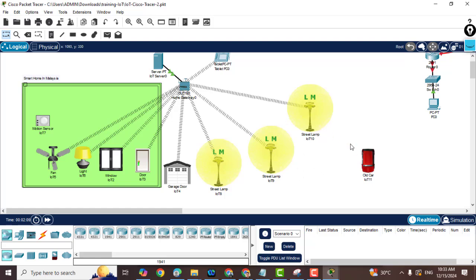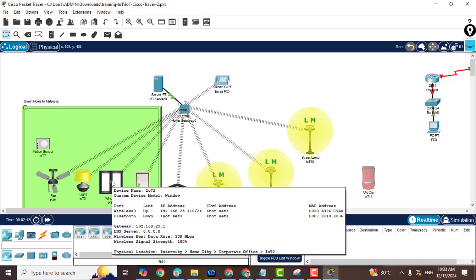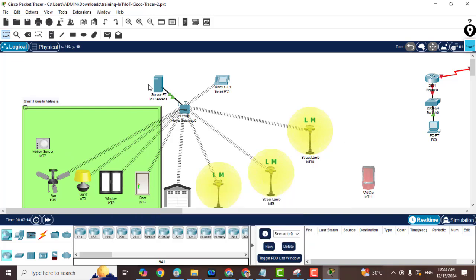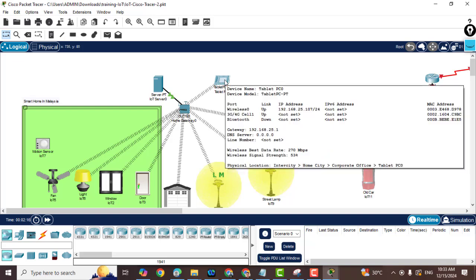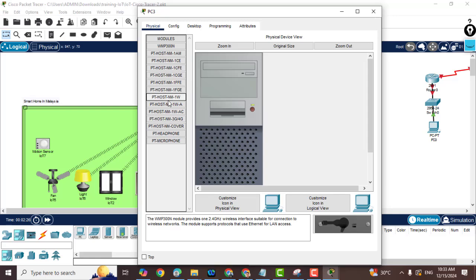Now I need to check those IoT devices. They are configured with the IoT server, which I can access by the tablet, or maybe I can put a computer, not only a tablet. For example, I have a PC here, I put it here. The PC I can connect by cable or wireless. If I go to the PC itself, I have